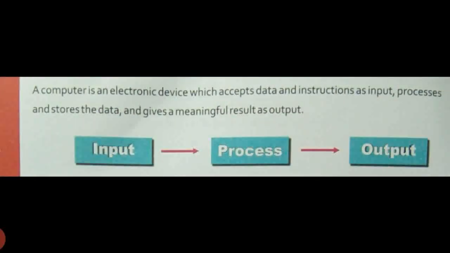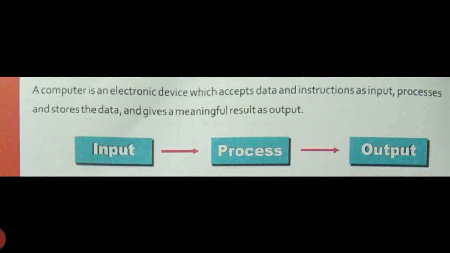So let us start. A computer is an electronic device which accepts data and instructions as input, processes and stores the data, and gives a meaningful result as output. Students, as you can see in the picture on the screen: input, process and output. Whenever we think about the function of a computer, it depends on these three steps only: